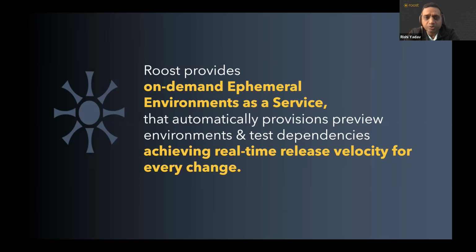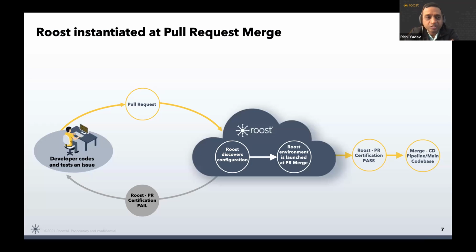There are two approaches to it. One of the approaches is more of a textbook approach, which a lot of customers use: you make its life coincidental with the pull request, right? So when a pull request gets created, at that time these environments launch. They do all the testing, all the validation. It sends the URLs to the right stakeholders.